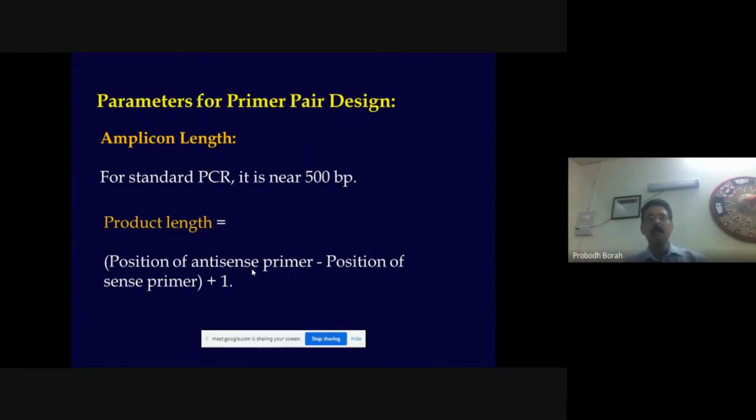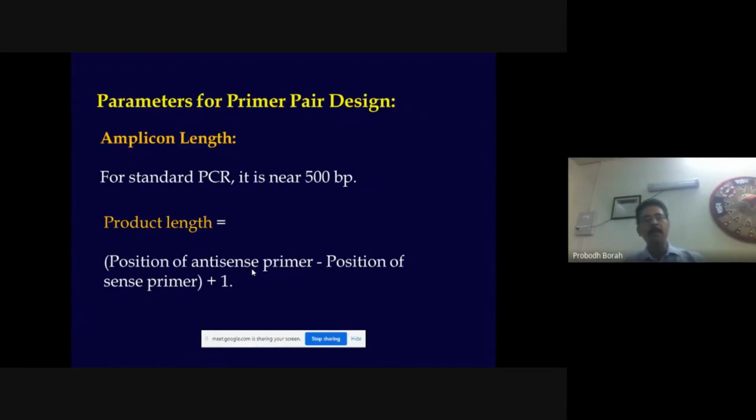So these are all different parameters or the ideal properties of a primer that have to be considered while designing primer. Now the online and offline tools take care of all these ideal properties, and taking into account the parameters best suited for an ideal primer, they will give us the primers as outcome of the primer designing process.